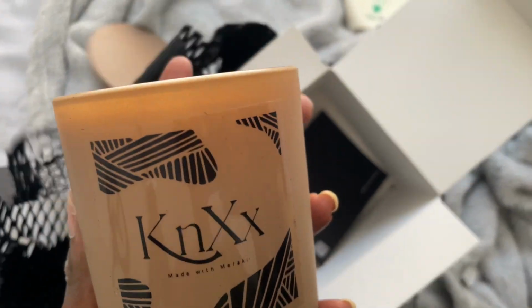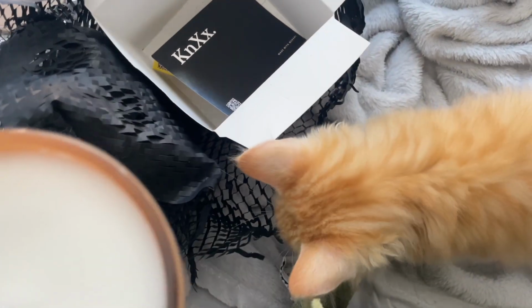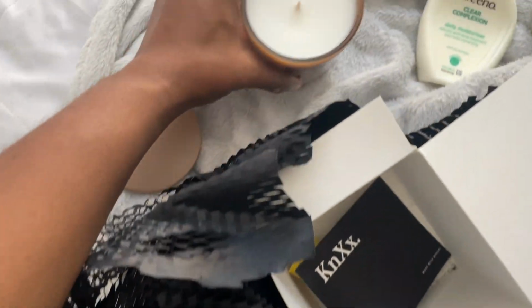Okay, this is it, guys. This is it, guys. Why are you all up in my stuff? This is it. It smells so good. The packaging is really nice. Comes with